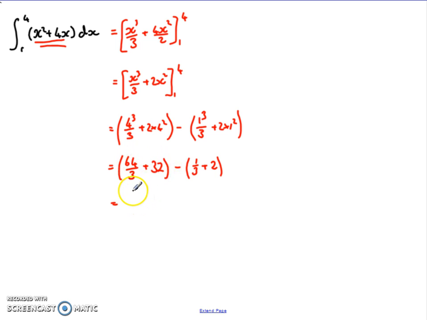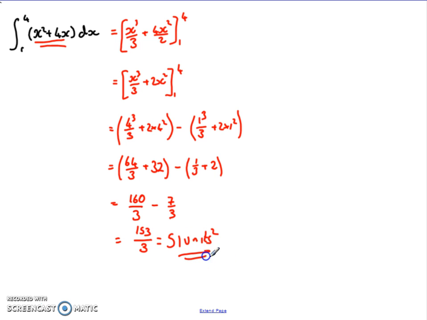Add that onto the 64 and you get 160 over 3, turn it into a single fraction. And now we've got 1 over 3 plus 2, well that's 2 and 1/3, which we then turn into 7 over 3. We then do the calculation, 160 take away 7 all over 3, we get 153 over 3, and we can simplify this down to 51